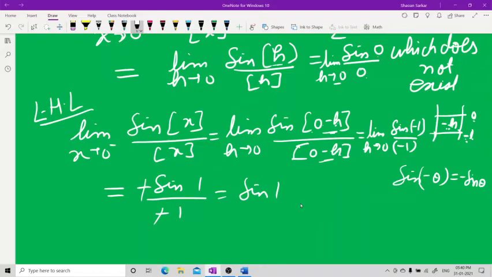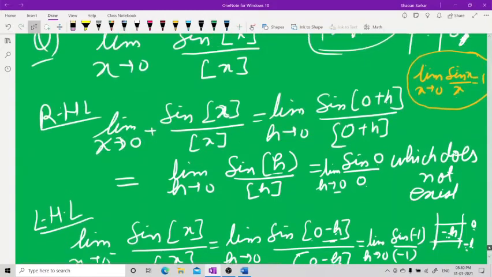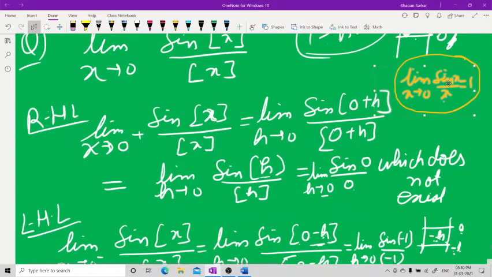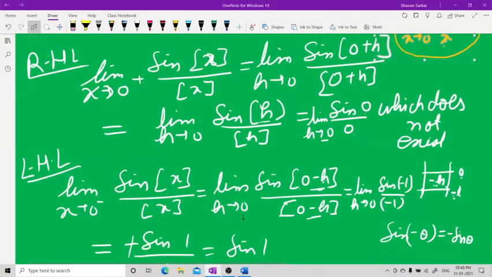Do not confuse this one with this one. I'm telling you a number of times. This is a different concept altogether. This is limit x tends to 0 of sin x upon x. This is not limit h tending to 0 sin h upon h. ये limit h tending to 0 sin h upon h नहीं है. ये greatest integer function के कारण यहाँ पे ये एक